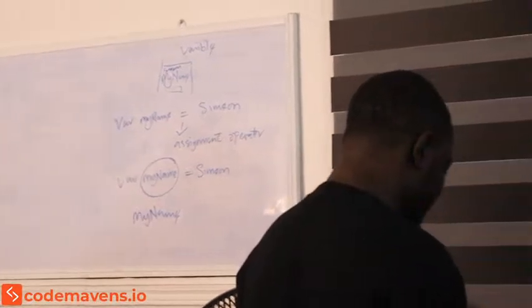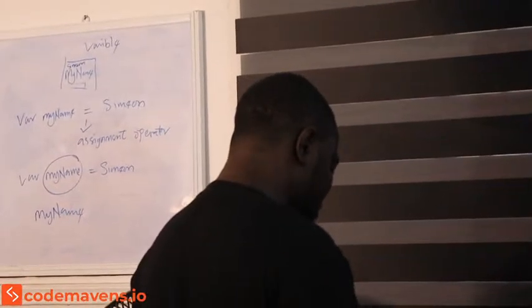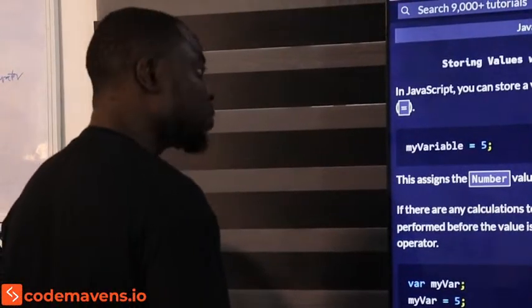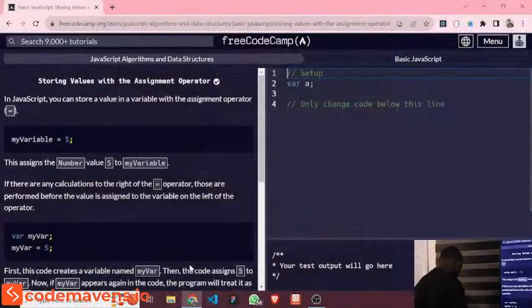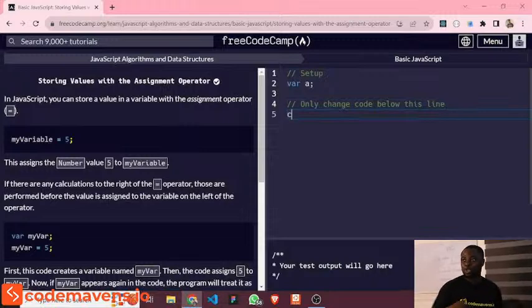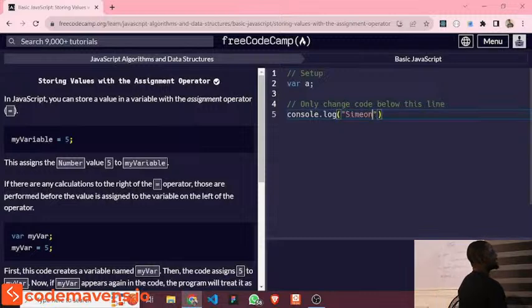Let's come down here and say console.log Simeon. Now we have Simeon, but I want to still work a lot of things with Simeon. Will I keep writing Simeon every time? So I can just create a variable, save Simeon, then whenever I need Simeon, I'll just what? Call that variable. In the sense that let me create a variable up here and say var